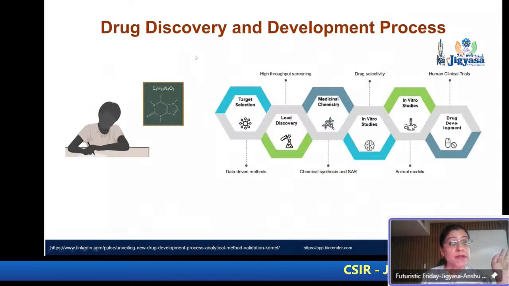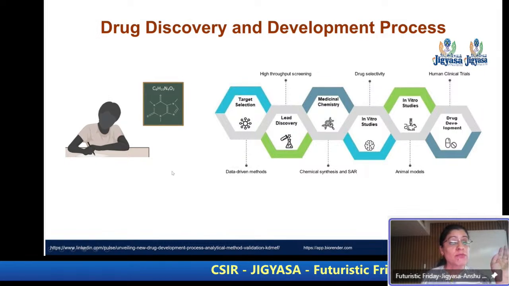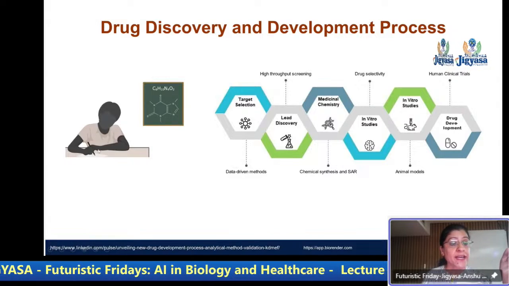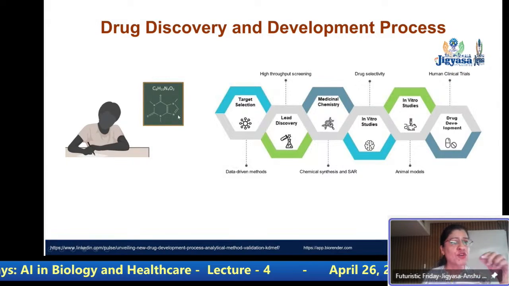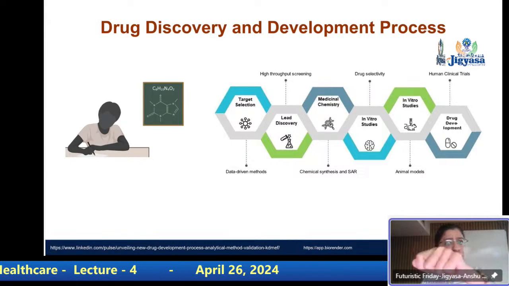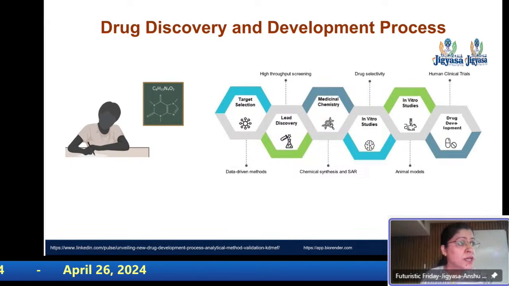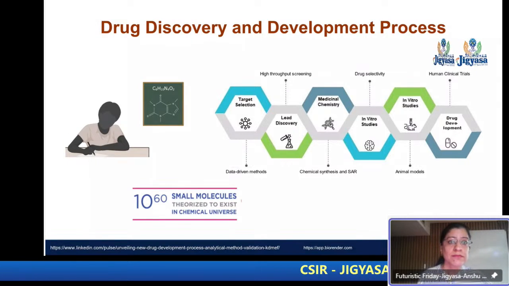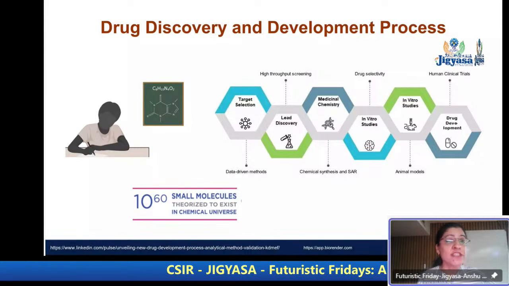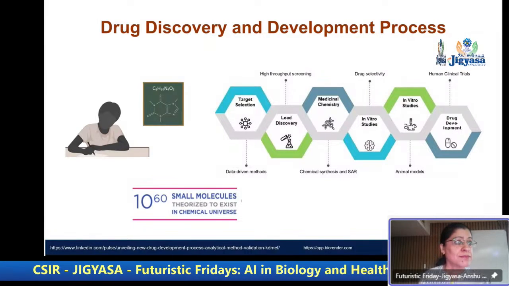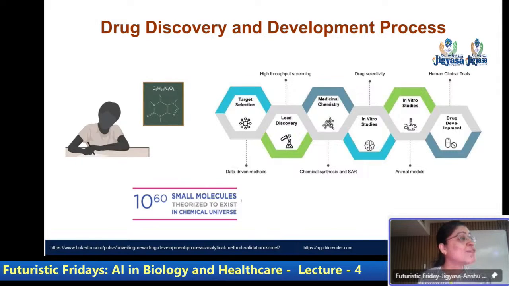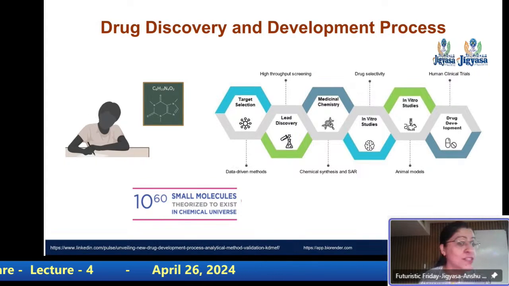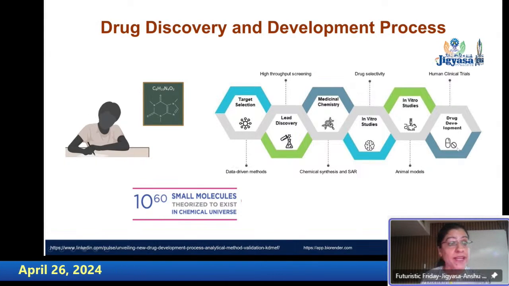So the drug discovery and development process was pretty much a medicinal chemist or a pharmacist, or a pharmacology expert, looking at data in a very manual manner and trying to say, okay, let's try this, let's change this functional group, let's make these modifications. Now imagine doing that with a 10 to the power 60 possible space. Can you do that? You can imagine what 10 to the power 60 is, how many zeros after 10? Now, can you manually even draw so many molecules? You cannot. But you now have to try what works in this intense drug discovery pipeline.